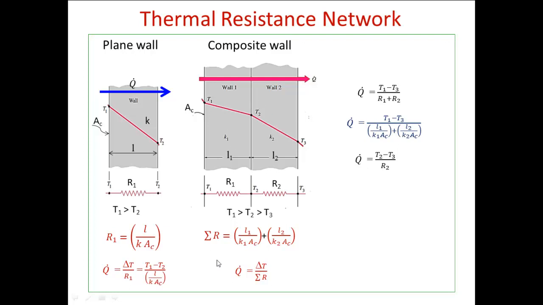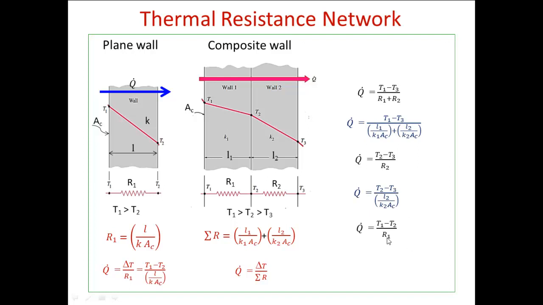If that is the case, the heat transfer that we are considering here is 1D steady state conduction. For 1D steady state conduction, the rate of heat transfer Q is constant. So if Q is constant, we can determine the intermediate temperature T2, provided you know T1 and Q is known. I am considering only this wall 2. The temperatures across this wall 2 are T2 and T3 and the corresponding resistance is R2. R2 is L2 by K2 AC. By knowing the value of Q, thickness of wall 2, thermal conductivity of wall 2, cross-sectional area and temperature T3, you can calculate the value of T2.